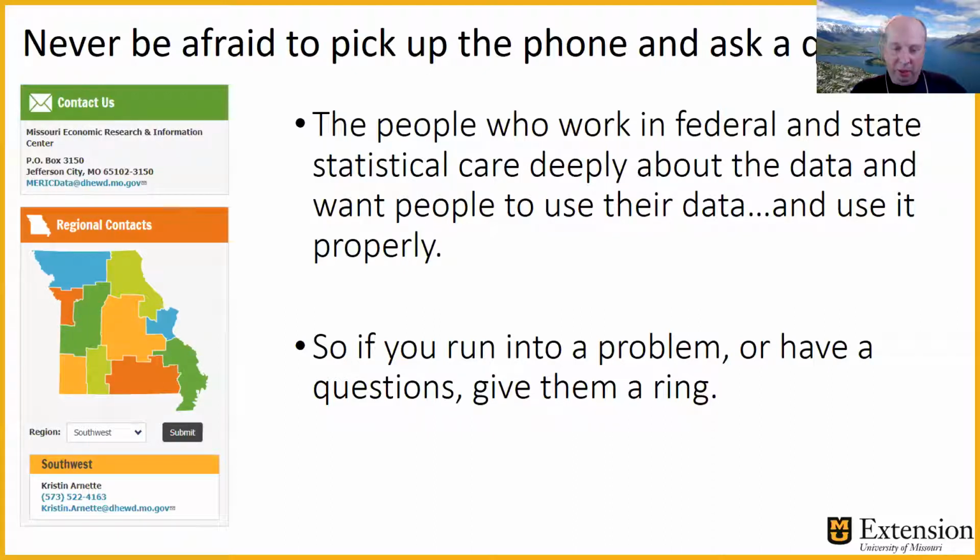I can tell you that the people who work in the federal statistical agencies care very deeply about their data, and they want to make sure that people use their data and use it properly. So if you ever run into a problem, they may seem like big, faceless, nameless bureaucracies, but they're actually filled with people who really just want to help you out, and are very friendly. So please don't be afraid to pick up the phone and ask a question, because you'll end up with an